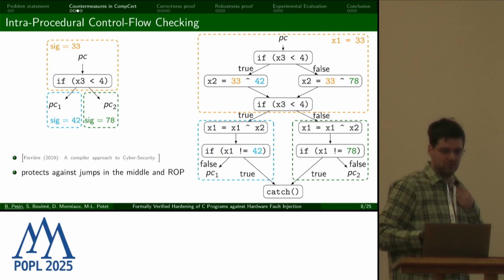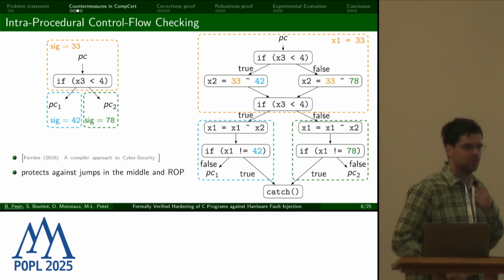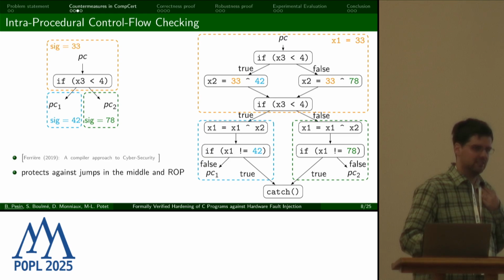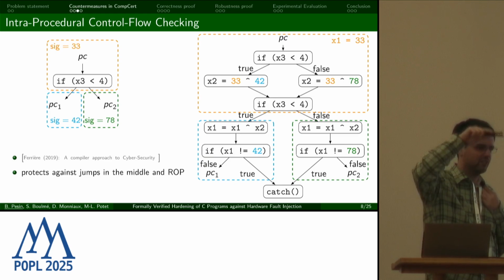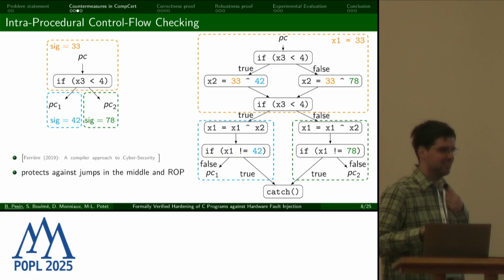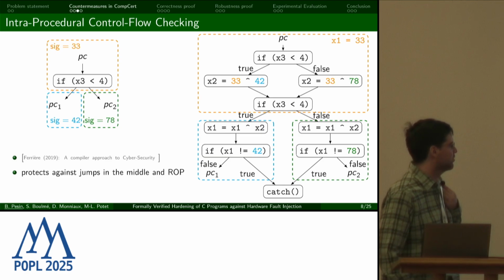It actually protects against some other kind of attacks, which is quite popular, called return-oriented programming. Without going into too much detail, the idea is to override the return address somewhere in the stack, or at least several return addresses, and to use them to jump around in functions to execute some code that the attacker might be interested in running. And this actually protects from that because if you insert a check of the GSR at the very end of the function, just before a return, it means that if the attacker jumps in the middle of a function, this break of the control flow will be detected by the countermeasure.